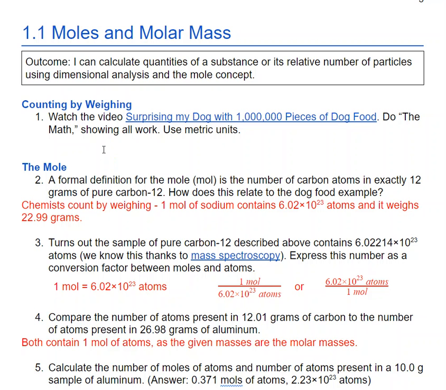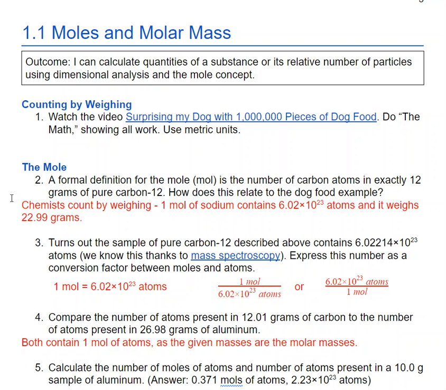1.1 moles and molar mass. Our outcome is I can calculate quantities of a substance or its relative number of particles using dimensional analysis and the mole concept. So in number one, there's a video here where we want to try to do the math